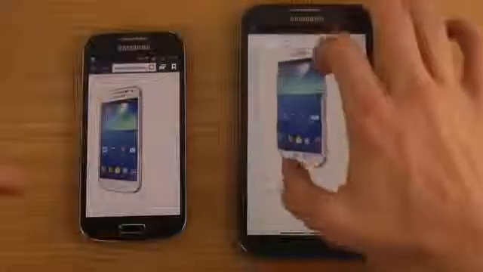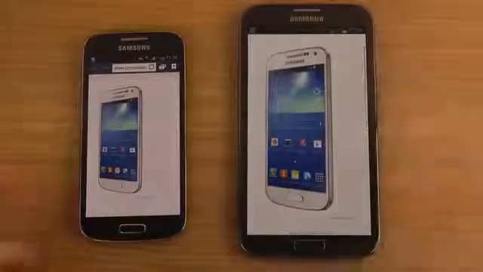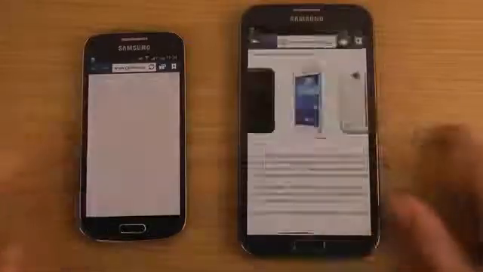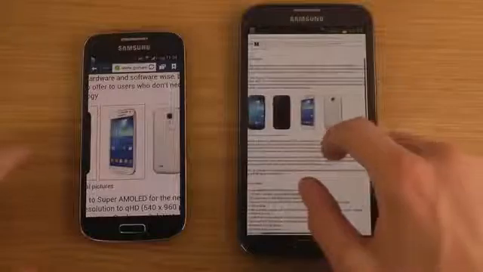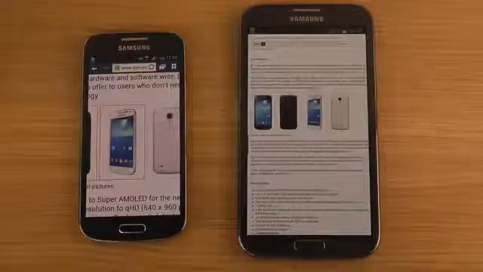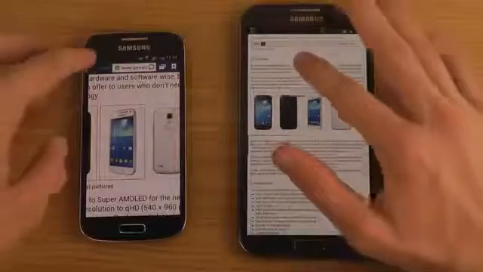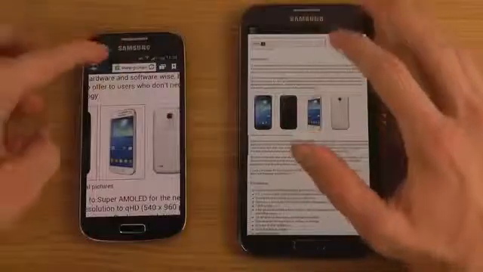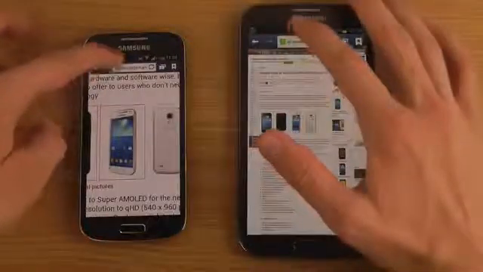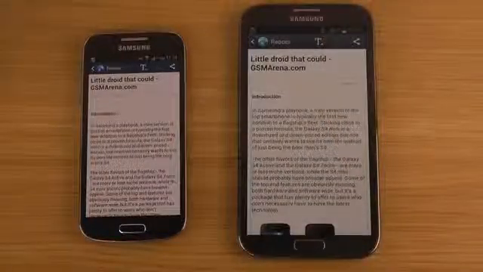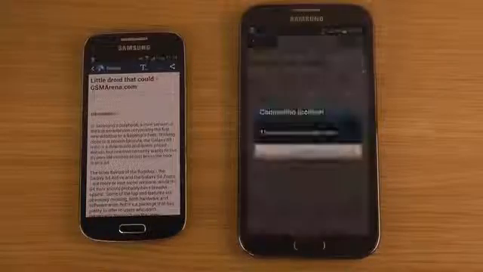Oh yeah, I also want to check out the reading mode. I didn't actually do it right now. So just go back here. If you're on an article and you just want to see the text and the images, you just tap here at the top on both devices. Reading mode, here of course we do have to zoom out to get the reading mode. And it will transform the whole page, remove all the ads and everything,